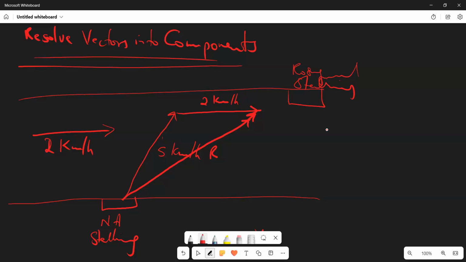Sometimes the resolution of vectors comes into play now. Let's go with a situation. I just use this to show you that you can have situations where you have